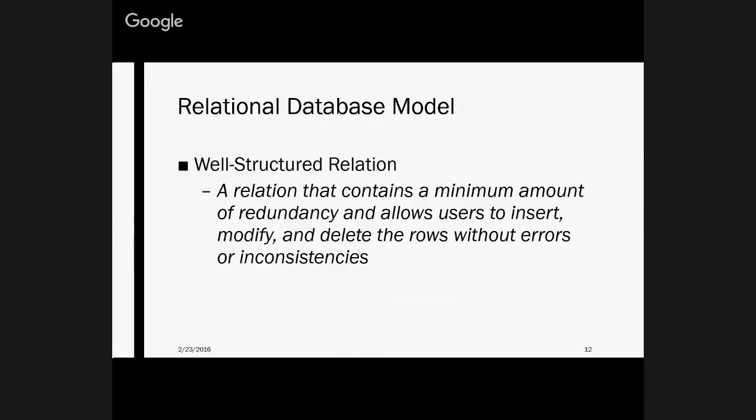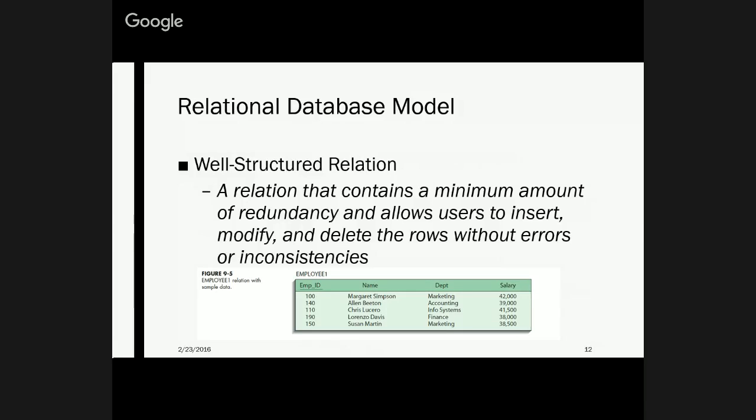So, well-structured relation. So this is starting to get into normalization. It has a minimum amount of redundancy and allows users to insert, modify, and delete the rows without errors or inconsistencies. So if you can meet those other properties, it'll be well-structured. Well, you'll be part of the way to being well-structured. So it's also normalized. You can meet those and have something that has a ton of redundancy, right? So there's a couple layers here, but